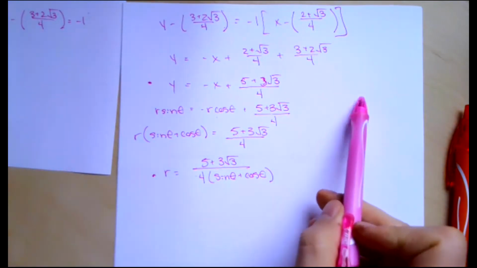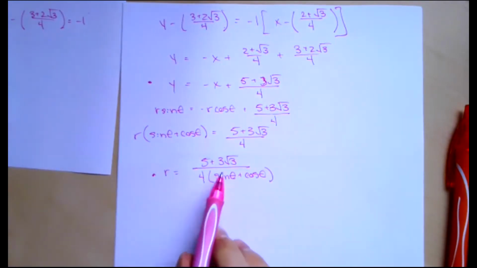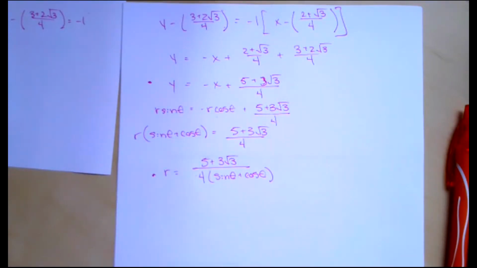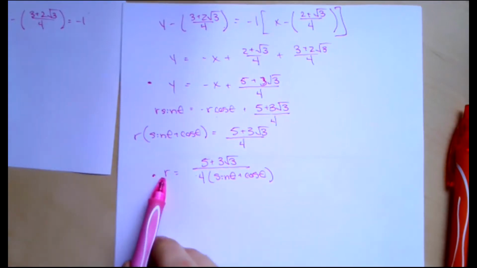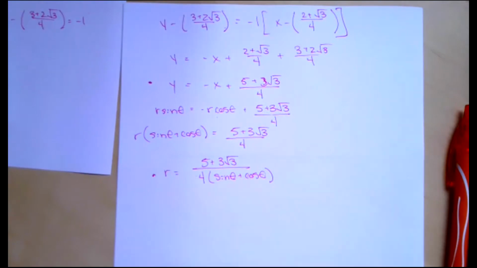Other than converting points, you have to convert 1 point from polar to rectilinear, 1 point from rectilinear to polar, and then I think you have to convert a polar equation to a linear equation. So given a polar equation, if I was given something like this and had to convert back, again, just use those 4 defining equations. Our r is going to be the square root of x squared plus y squared. And then my sine theta and cosine theta, you can solve